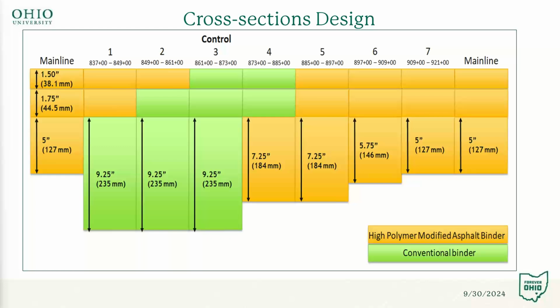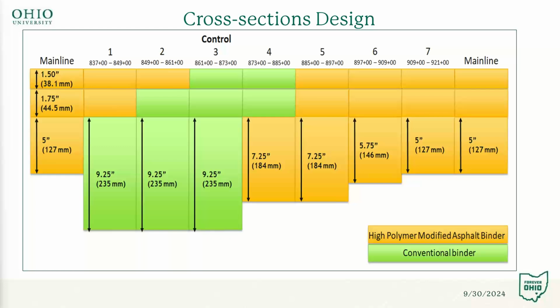The cross-section design included the 7 test sections that connected to the main line. So the main line included 1.5 inches of surface, 1.75 inches of intermediate, and 5 inches of base. The 7 sections that we had included section 7 as the thinnest section, all the way to section 1 as the thickest section. And section 7 included high polymer modified asphalt binder on the surface, intermediate, and in the base